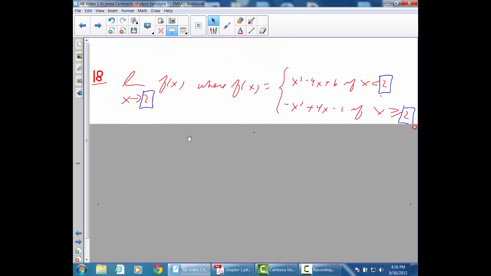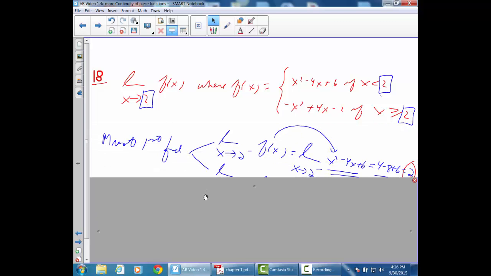Limit as x approaches 2. Now this is very important. You'll notice there is no plus or minus in the exponent position of the 2. And that means that in order to establish what the limit as x approaches 2 of f of x is, because it's a piecewise function, and because 2 is exactly where the two pieces might or might not connect, you are going to have to check the limit as x approaches 2 from the left of f of x and the limit as x approaches 2 from the right of f of x